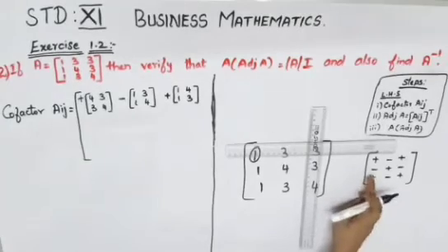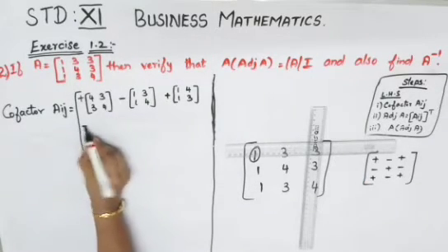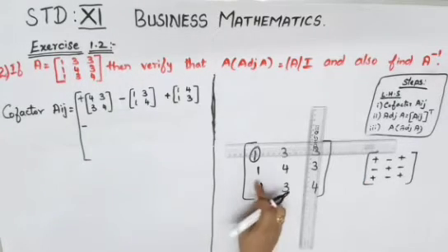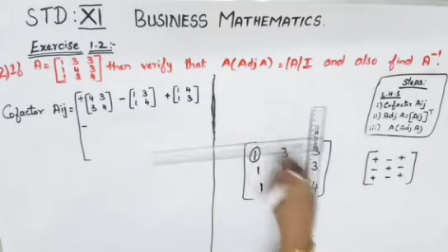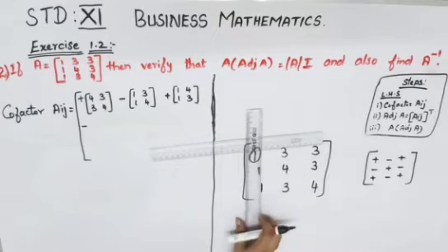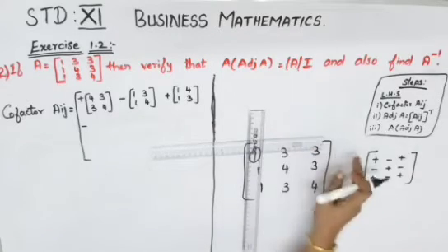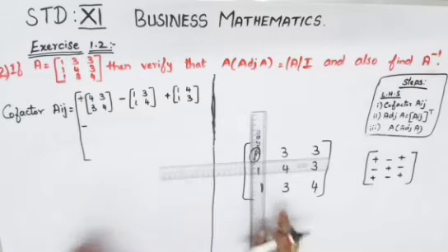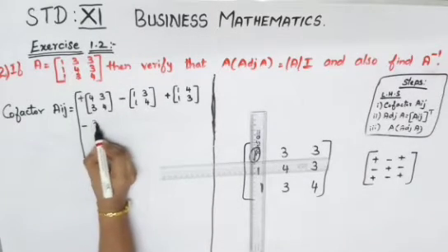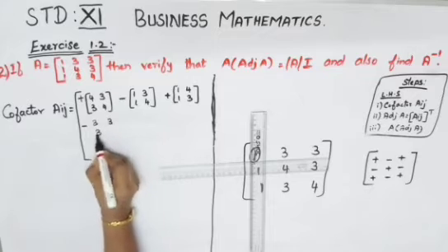Now for the second one it is minus, that is your second row, first element, it is minus. So this number has to be crossed out. So what you will have to do is, now cross this one. On the first column you have to cross it and the second row has to be crossed out here, like this. Now what is left out is 3, 3, 3, 4.